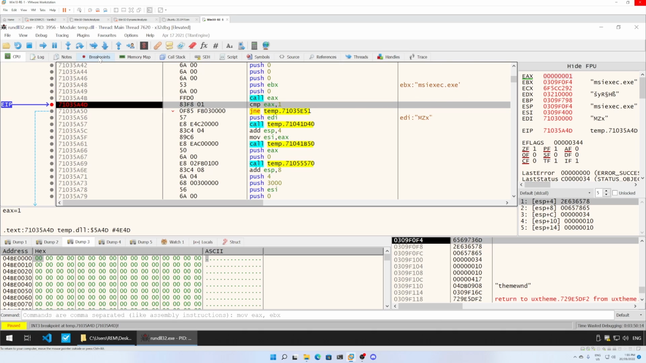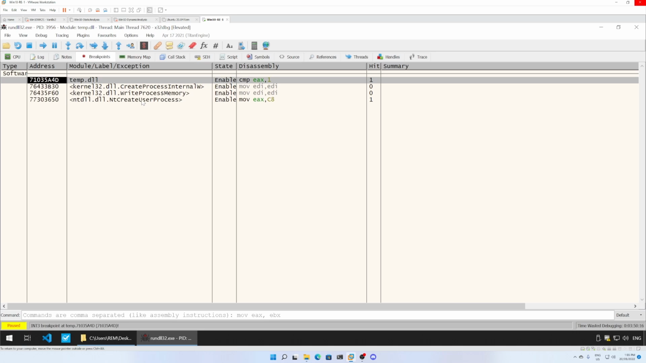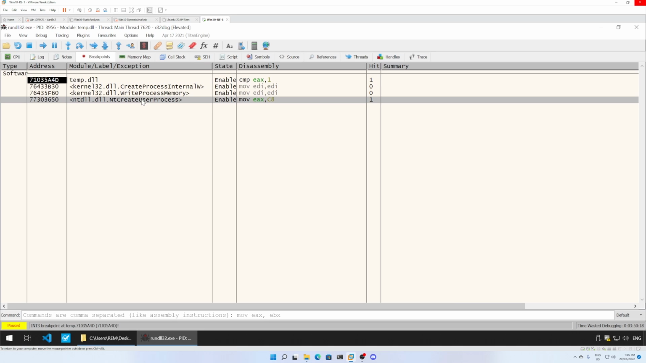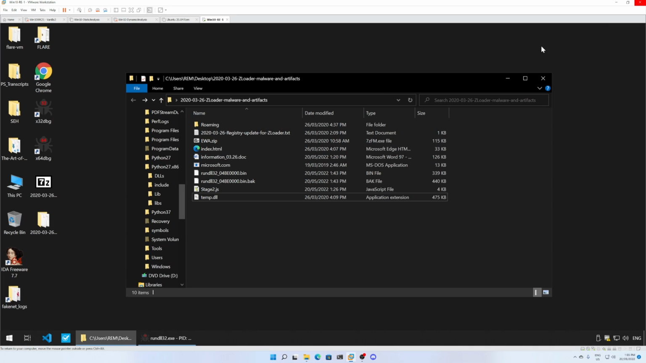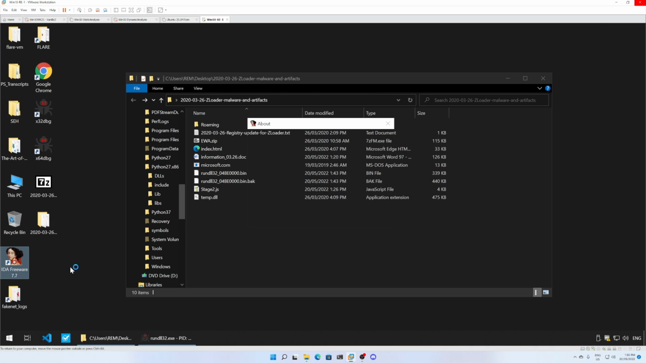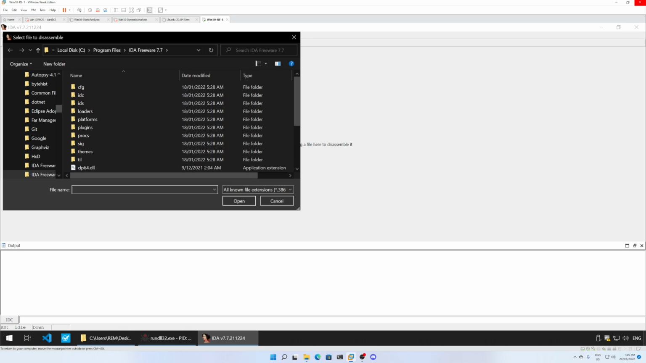Now I said that I will explain why this call to NtCreateUserProcess is being used, and that is because the Zloader tries to bypass the call to CreateProcessInternalW and goes directly to call the NTDLL level function. And if we go and look at the kernelbase.dll in IDA Freeware here, we look at kernelbase